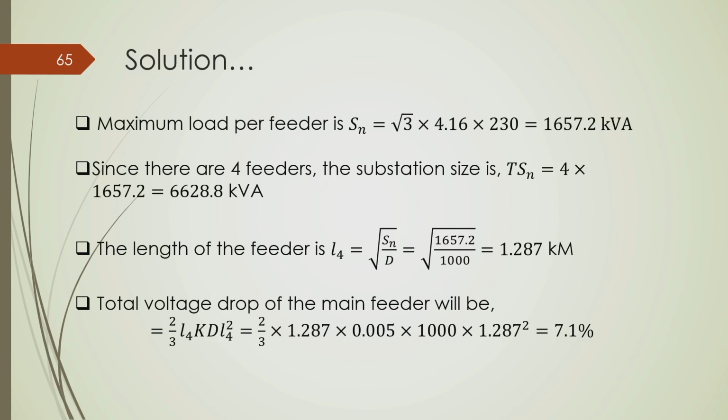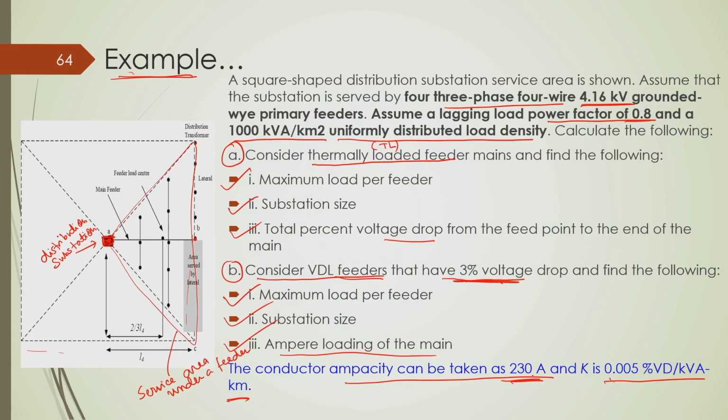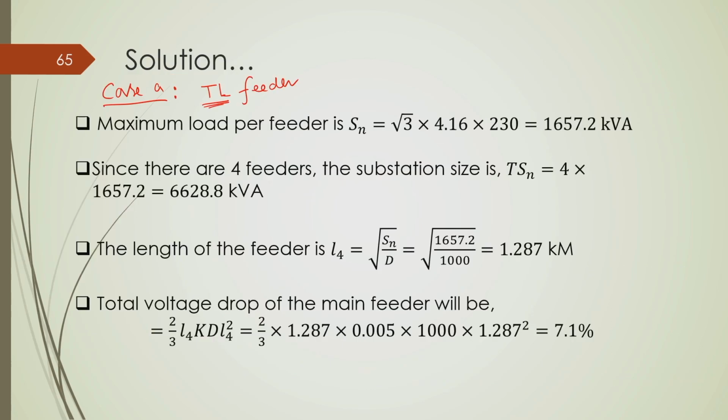Now, look at the solution. First of all, in case A, the feeders are of TL type, that means thermally limited feeders. So, here the feeder loading is limited by the ampacity limit of the conductor. We know this ampacity is given as 230 ampere. We also know that the voltage of the feeder is 4.16 kV line to line. So, we can determine that the maximum possible loading per feeder is root 3 multiplied by V_L multiplied by I. This gives root 3 multiplied by 4.16 multiplied by 230, which gives that much kVA,